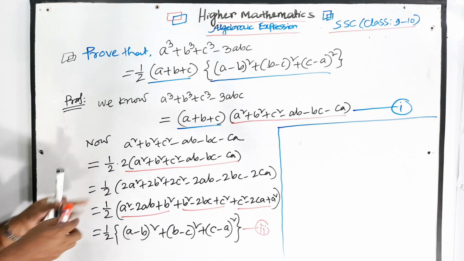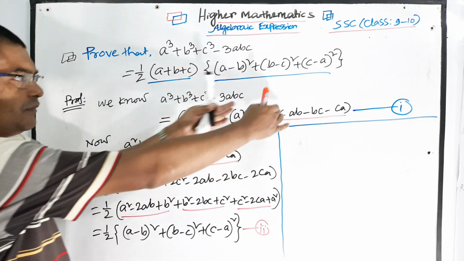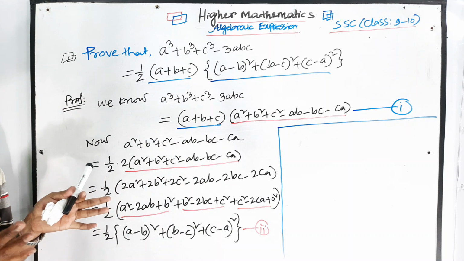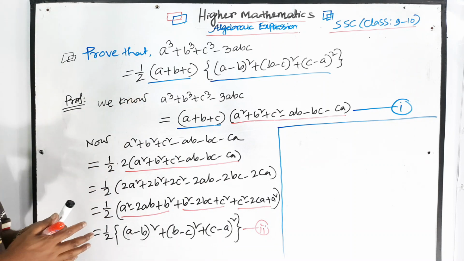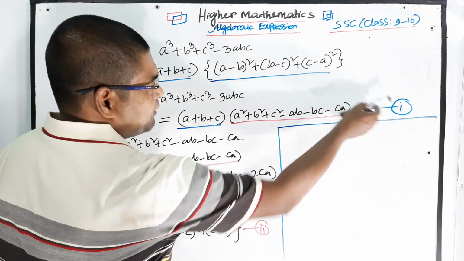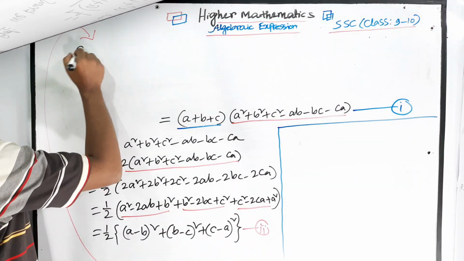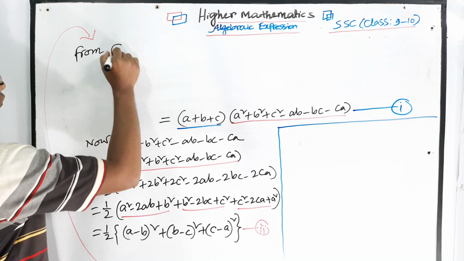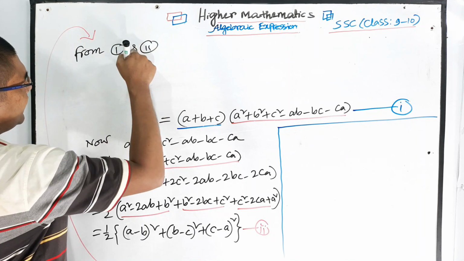Just we have to replace this value here, then we will get the proof. So this is number 2 and this is number 1, right? So from 1 and 2